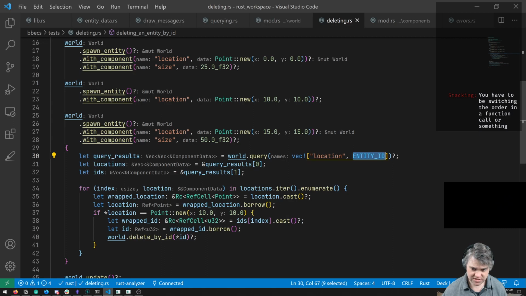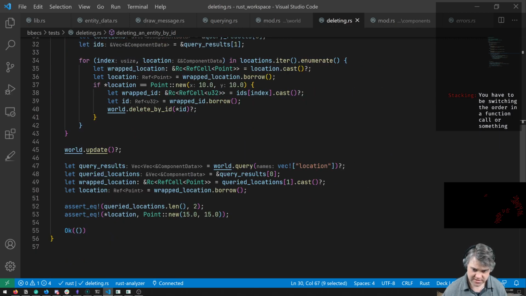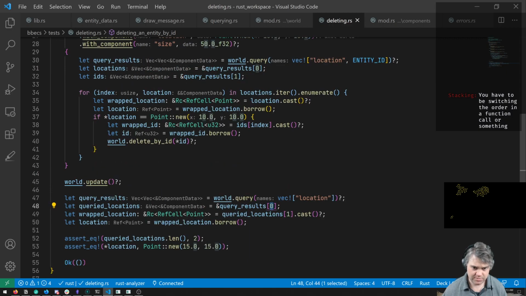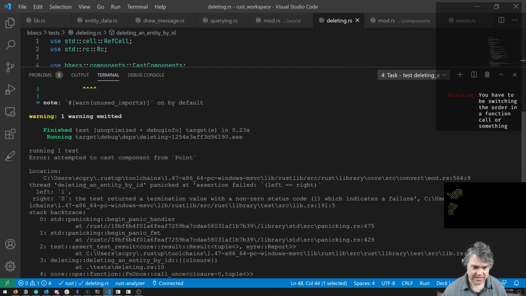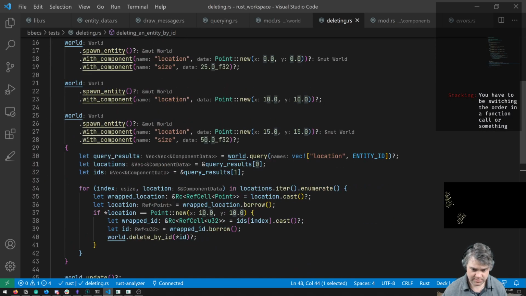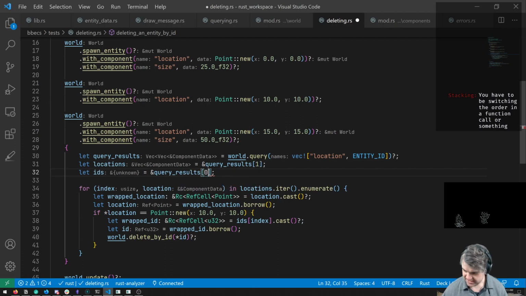And I'm saying locations is 0, so that should be right there. Query IDs is 1, so that should be right there. And then down here, I get another query results. I just want location, so I'm just grabbing that out. And yeah, this should all be fine, but these are still erroring out on that first cast. And what I have to do to make this pass is say, no, you're 1 and you're 0.